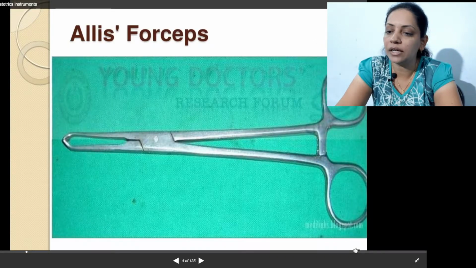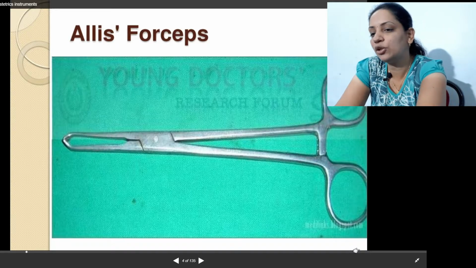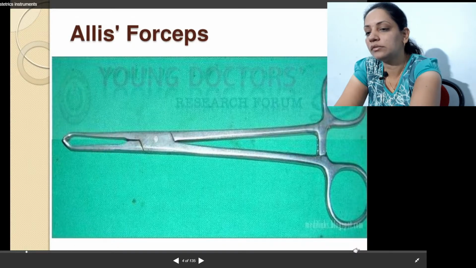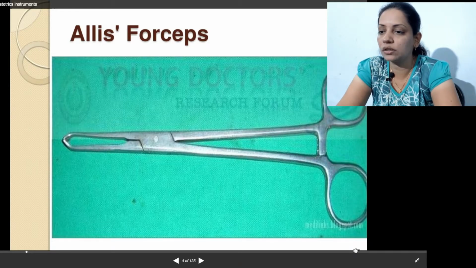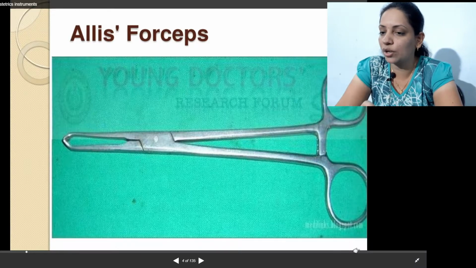This is the second type of forceps, which is called the Allis forceps. All the forceps have this type of locking system, where we can lock the forceps by three types of locks, so that when we catch an object we have a proper locking system.